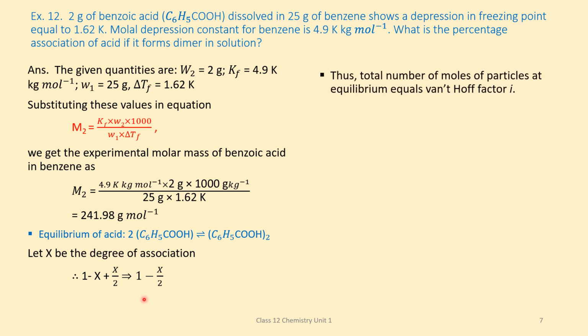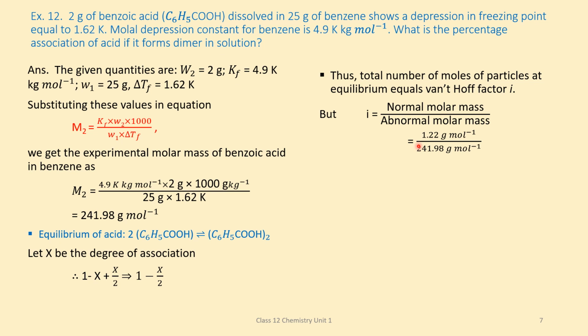This total number of moles of particles at equilibrium equals the Van 't Hoff factor i. That is, i is equal to normal molar mass divided by abnormal molar mass. Substituting the values,